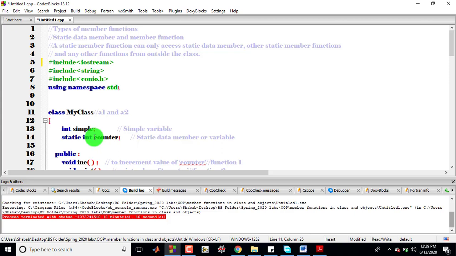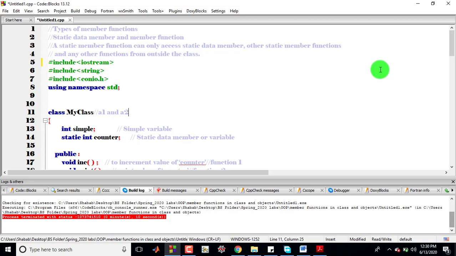So the counter is basically the information which is being shared by the objects of the class. When we declare a data member as static, only one copy of the data is maintained for all the objects of the class.